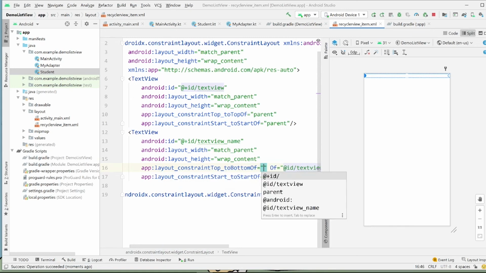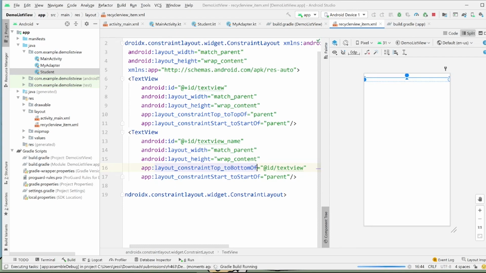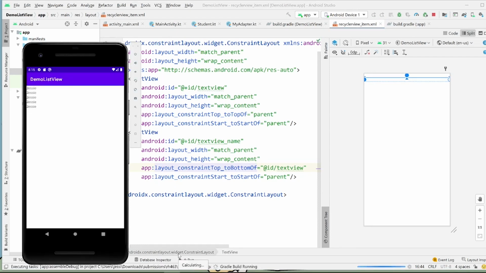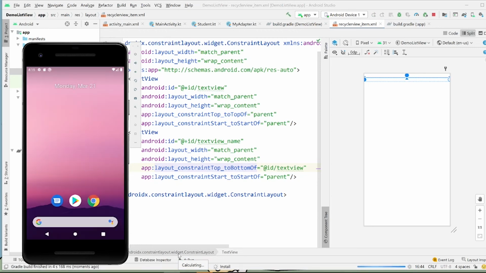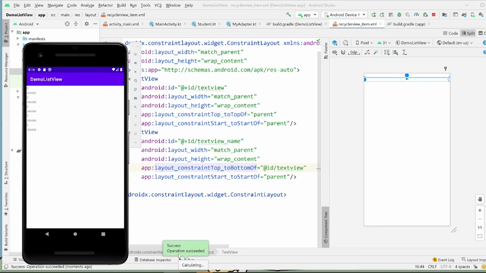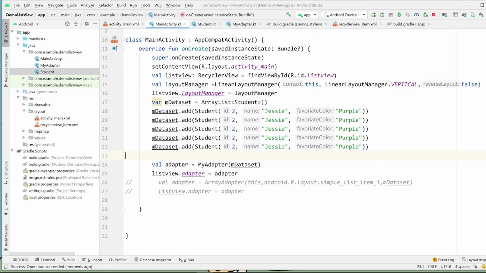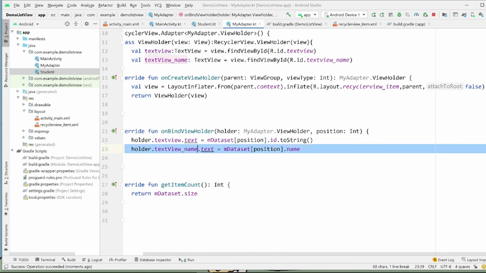Yes, nice catch. Sorry about that. Yes, now we have a bunch of Jesse with ID equals to, and you can even make this maybe a hex code, and then assign the text view a color or something like that. There's a lot of things you can do about it. But yeah, this is RecyclerView.